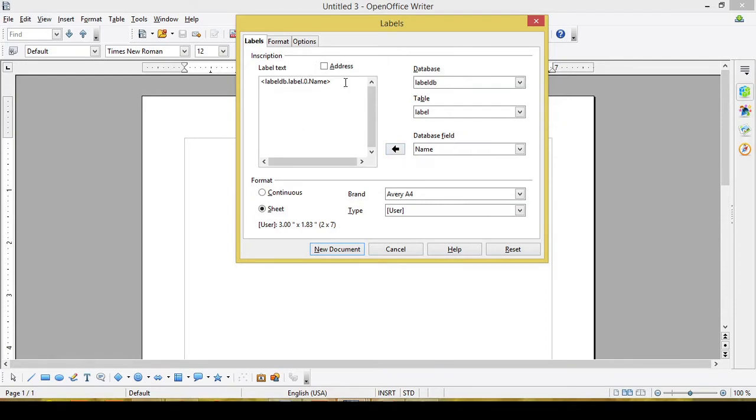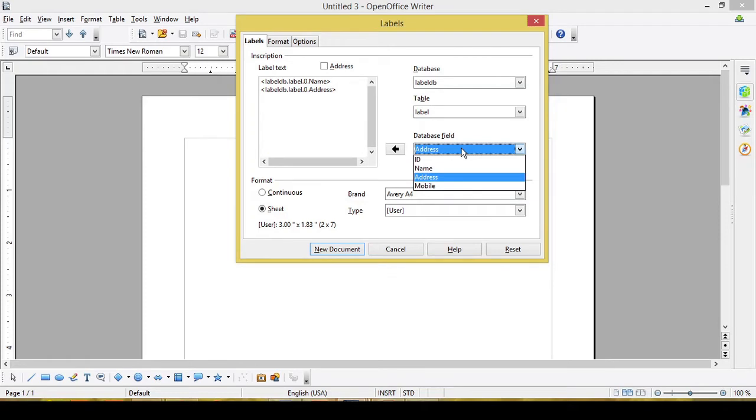After name I want the address to appear in the second line. So I'll press the Enter key and then I can select the next field which is address, and then clicking on this arrow you can shift this field to this list box. Press Enter key if you want it in next line.